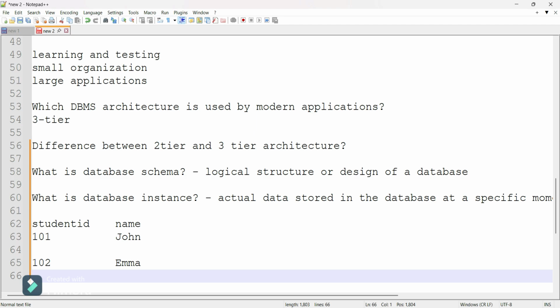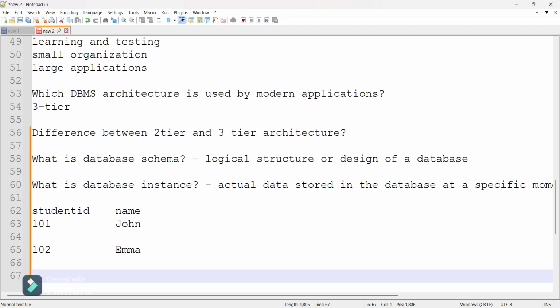Tomorrow, one more record is inserted, 103 and David. The table structure never changes, only the data changes. So that's called a database instance.